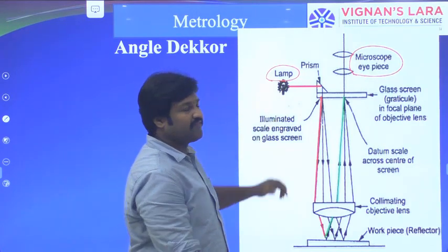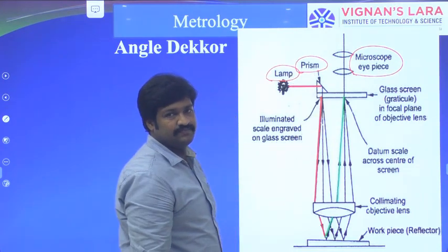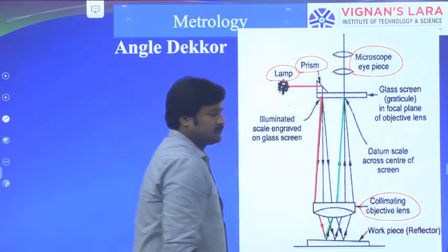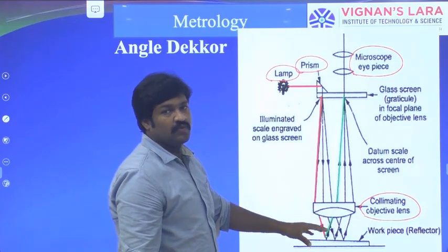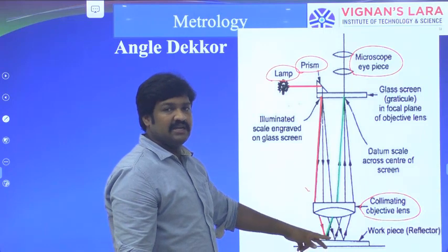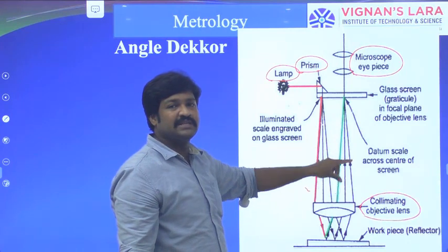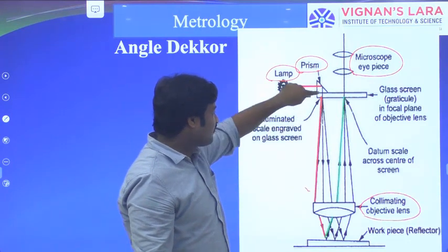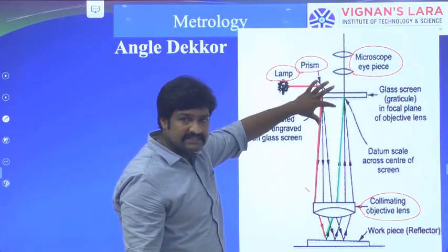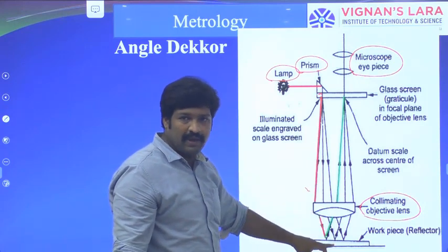After that it consists of a prism. This prism is used to deviate the projected light. After that it consists of a collimating lens. The purpose of this collimating lens is to convert the inclined beams to parallel beams, as well as to convert the parallel beams to inclined lines and make them project to a single point. Here a single light ray from a single point is deviating, and the collimating lens is converting the inclined lines into parallel lines.